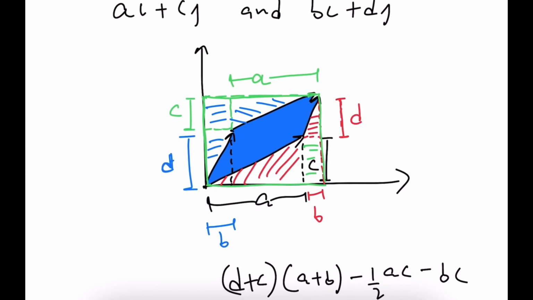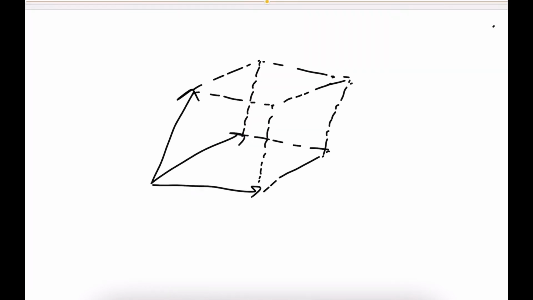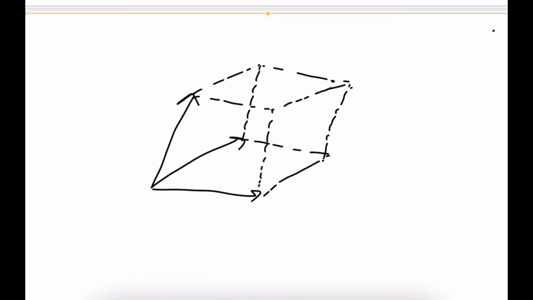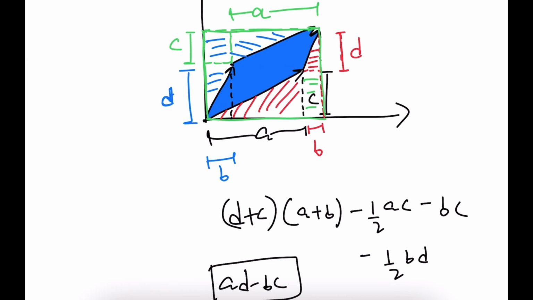But now this was for a 2 cross 2 matrix, right? But what if somebody asks you for a 3 cross 3? I'm pretty sure you've already guessed it. It is basically the volume of the structure in between. So do you see I've drawn it already? Those three vectors that I've drawn in full, these ones, the parallelepiped between them is what you'll get if you calculate the determinant. Now I know this is much harder to visualize than in 2D, but basically that's it. If you calculate that, that's what you'll get.